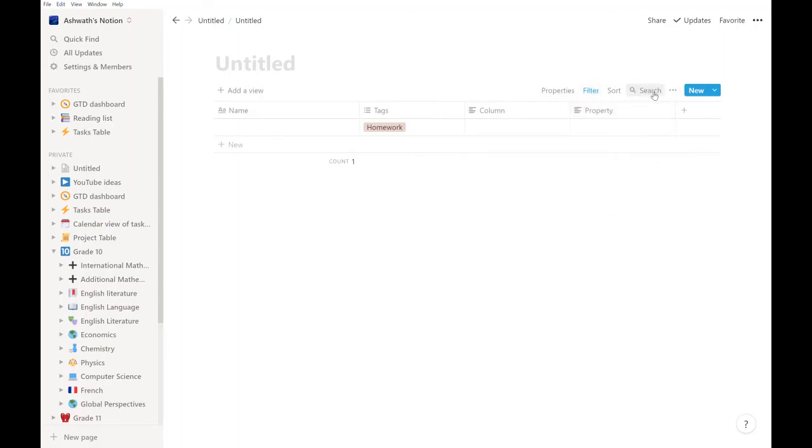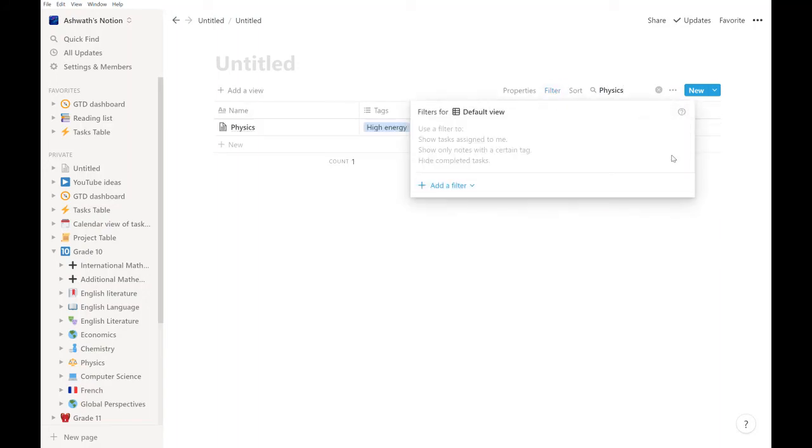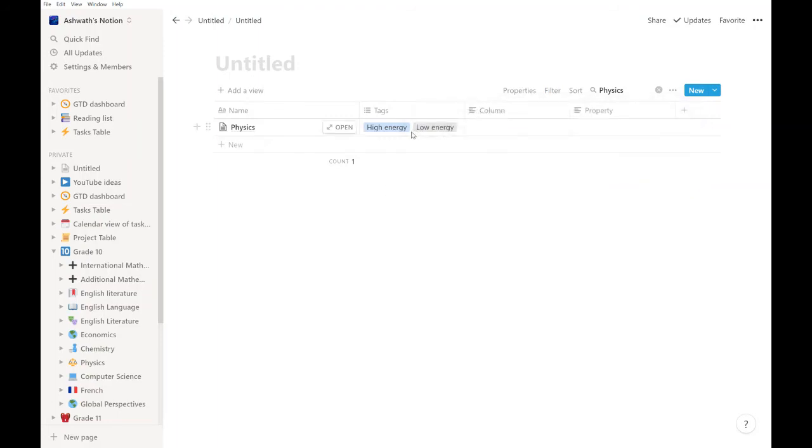Now the search option is very great as well, because let's say that you have a very big table that goes like maybe like 3-4 pages down. You need to scroll quite a bit, but you know what you want. So here you can just put, like, let's say that I want to go to the physics one. It wouldn't show me right now because the filter option is there. But once I remove the filter, you see it immediately comes up. So that is very useful because then you can search it up in a very big database.